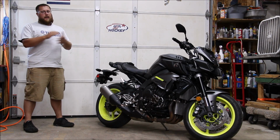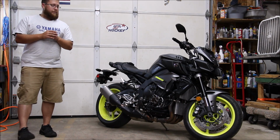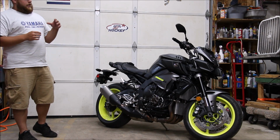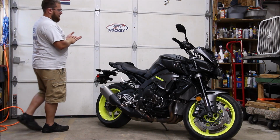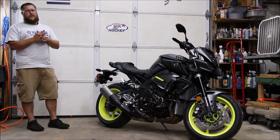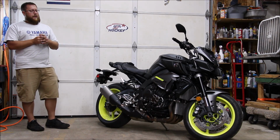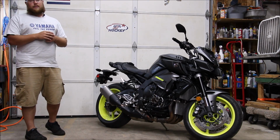But it's not obviously as good as some of the other bikes that you might find. The brakes on this bike, I've also read some mixed opinions on. I definitely don't feel like I have the grippiness that I had on my previous bike. A lot of guys say they just change out the brakes or the brake pads, and it helps that out